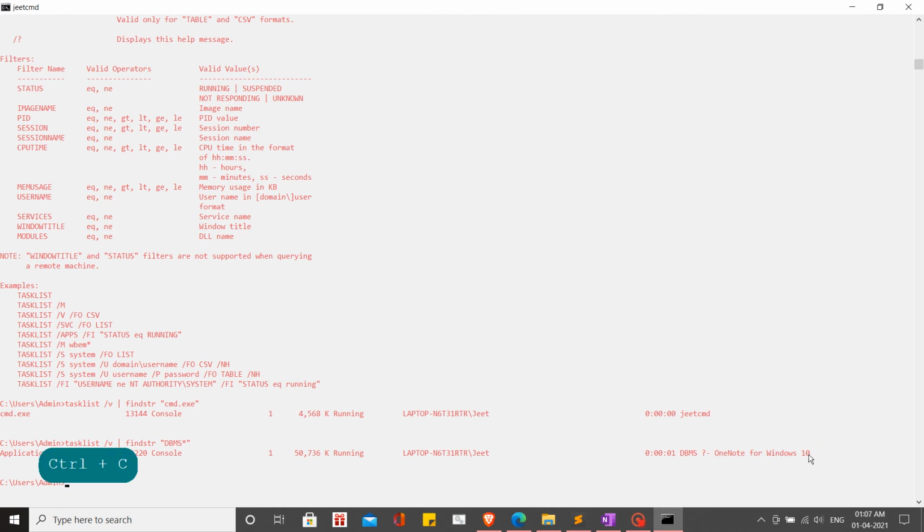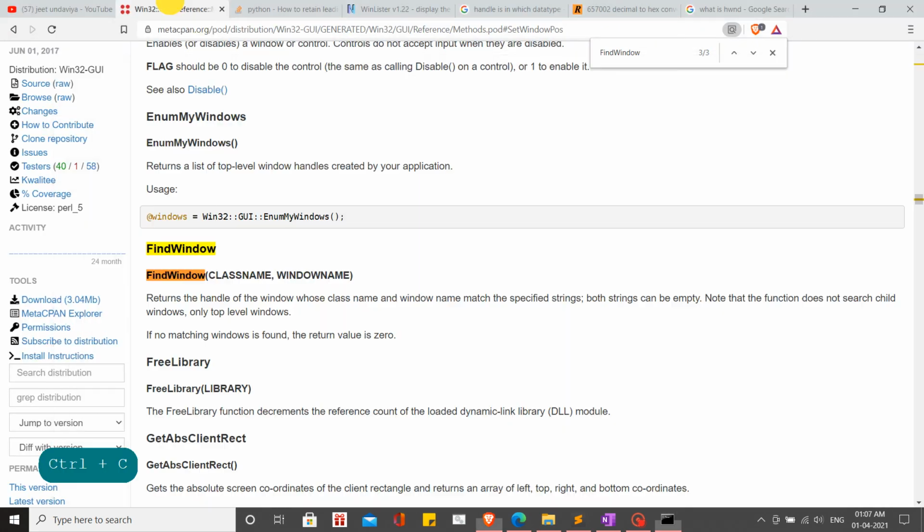As I showed you, the function is expecting the window name, right? So basically the window name is the window title, right? So we can just keep the class name as none for now. And again, to be more precise, you can either keep the class name and the window name both to be very specific, or if you know either of them, it's fine.